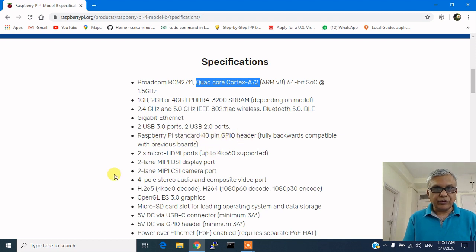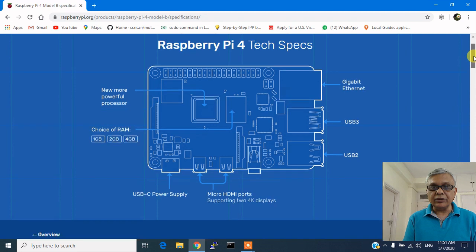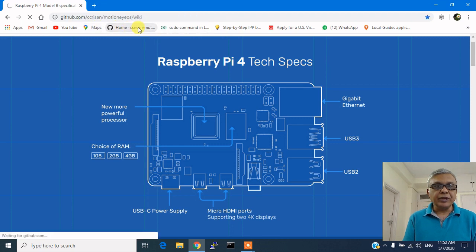40 pin GPIO, and this is important to note here, the USB-C connector, the power supply, should be capable of supplying around 3 amperes at 5 volt DC. You can also supply through the GPIO header. Again, this should be capable of supplying 3 amperes current. So this is what I wanted to tell you, the details of Raspberry Pi 4, and I will give you